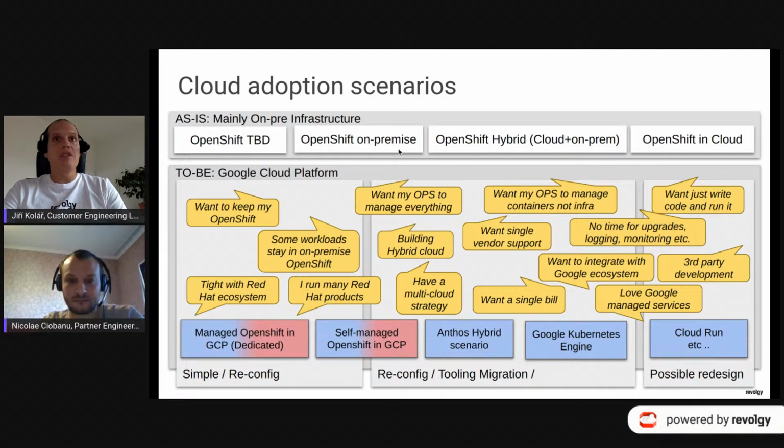If, for example, it makes sense to take your on-premise OpenShift and maybe start running these containers in parallel in Google Kubernetes Engine in the cloud, or just do the complete migration, right? These are the aspects, and these are things to be discussed and figured out. So let me talk a little bit about how we do these magic migrations, right?